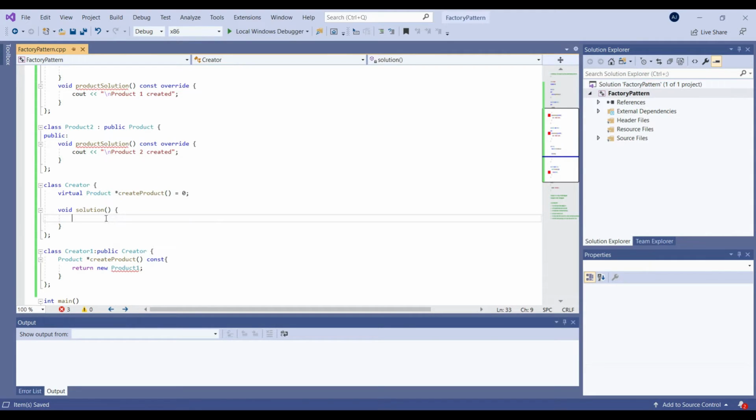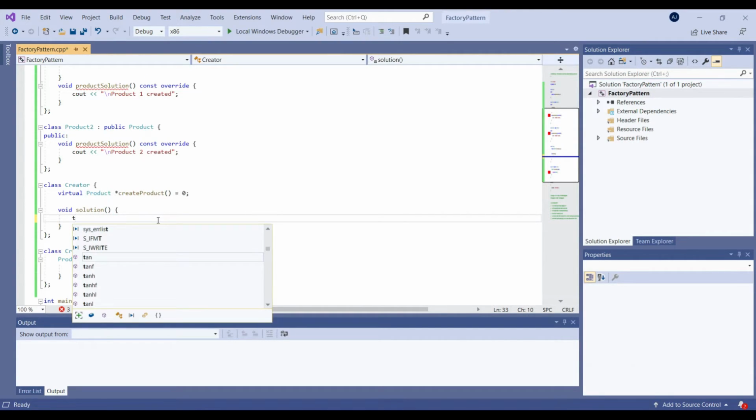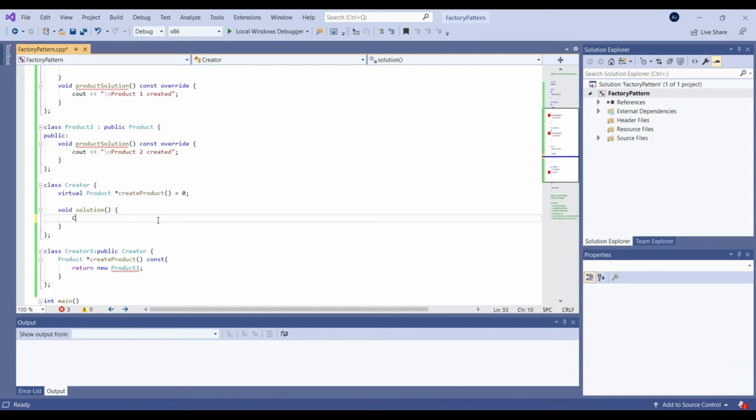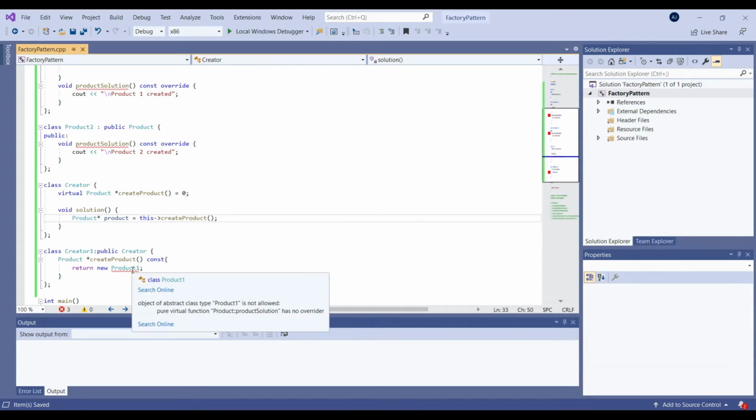Solution would be mostly like product star product equal to this, and create product. So basically the function we'd be calling would actually do this job.